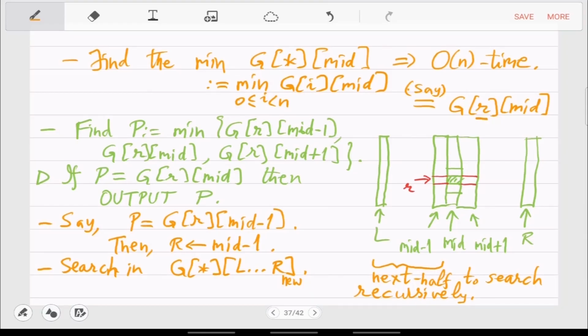So now you'll be going from L to mid minus 1 and all the rows in that. Yeah, and so on. So this is again the binary search in 2 dimensions. Why will it work? You have to give the proof of correctness for this.